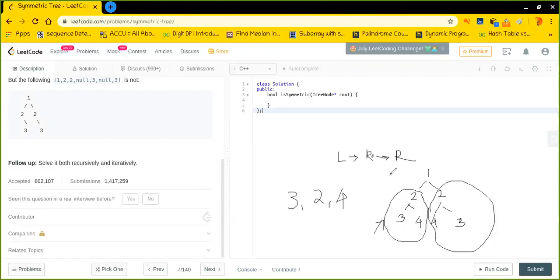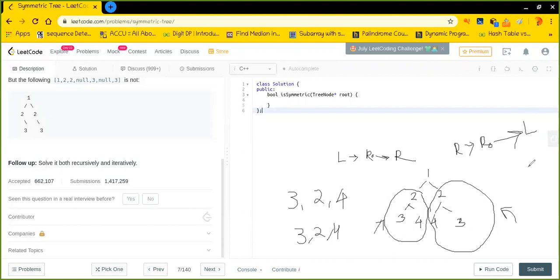So this is the way I'll be doing it for the left subtree of this current tree. And similarly, if I find the in-order traversal of the right subtree, but this time I'll not perform the traversal from the left subtree, I'll go on and perform it from the right subtree, then what will I get? I'll again get 3, 2, 4. Isn't it? So basically, what did I do? I went right first, then I touched the root, and then I propagated the left subtree. So I think it is pretty clear to you.